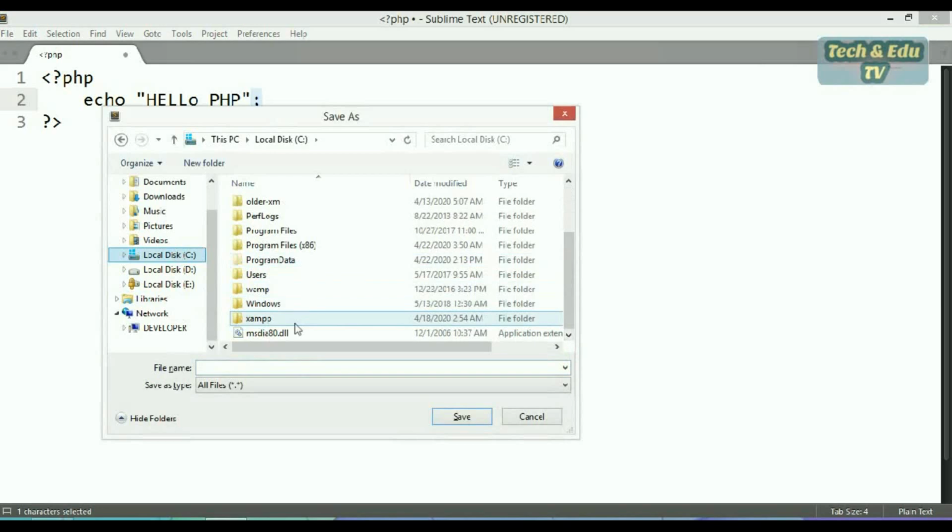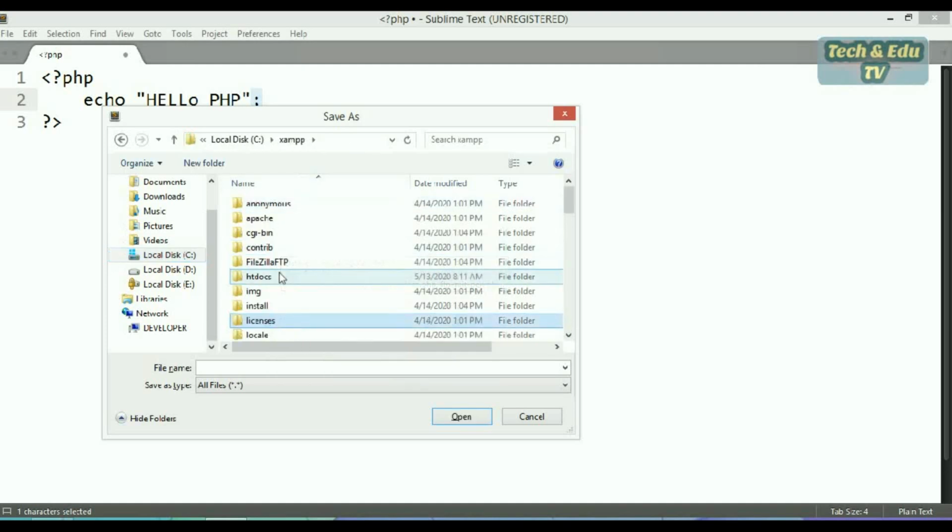I had installed it on the C drive, so this is the XAMPP folder. Double click on the XAMPP folder and we will see the htdocs folder. In this folder you have to create a new folder for easily accessing your files.